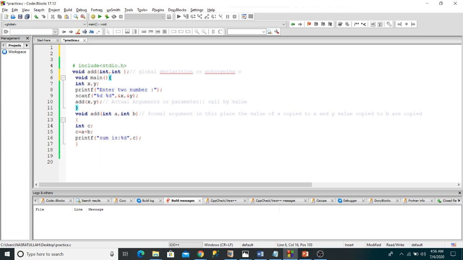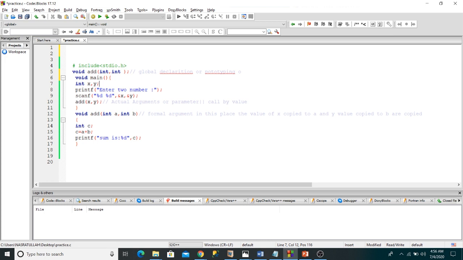So this is the main function, and these two variables I initialize, and I ask the user to enter two numbers. So scanf %d and address of x, address of y. So this is called actual arguments, or call by value.